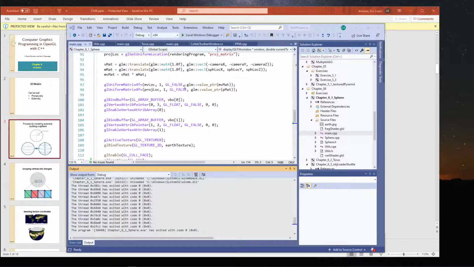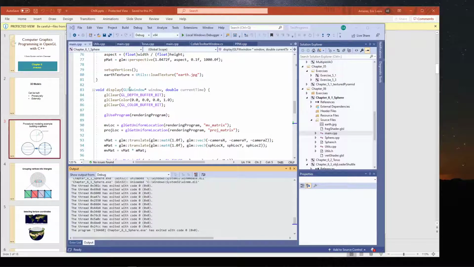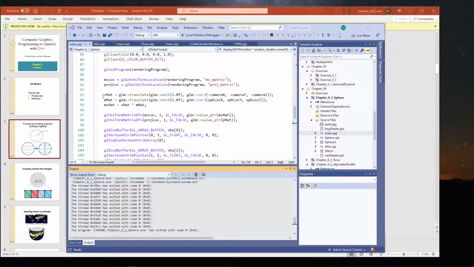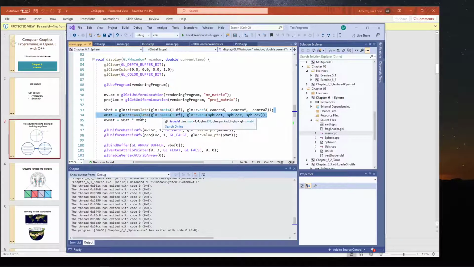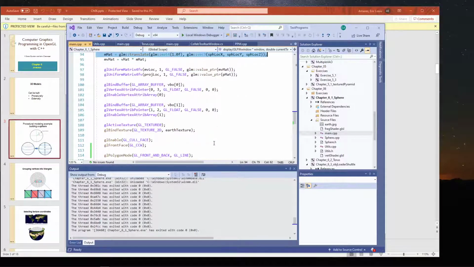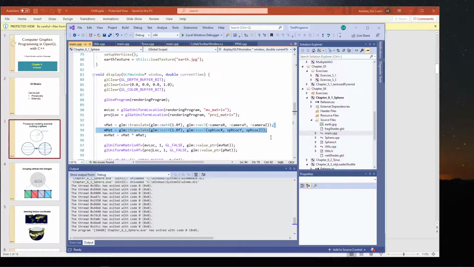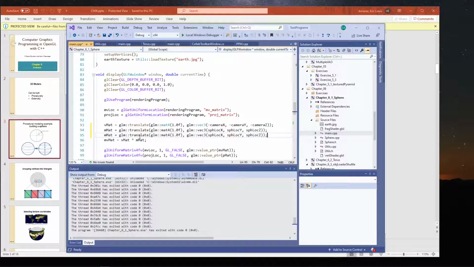Let's see. So we have the model, right, display. And we're calculating the model matrix up here. We're doing a translate, and I thought somewhere we were doing a rotate. Let's see, is there a rotation here? No rotation. So we'll do a quick rotation here. All right, if we want to do a rotate,